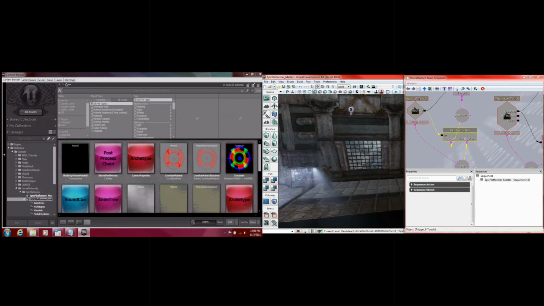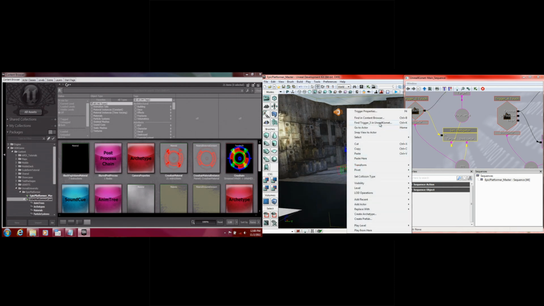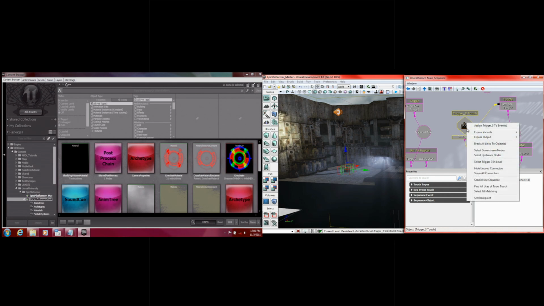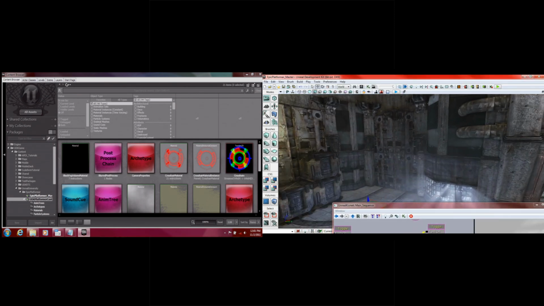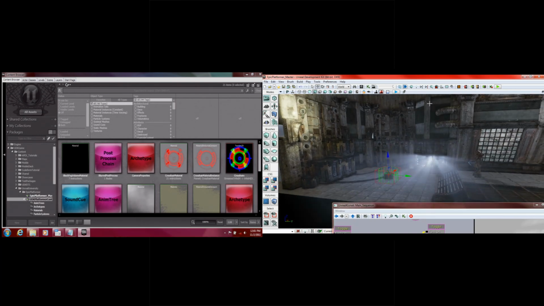So we can sort of see that in action. I'm going to step through and debug the Kismet so that you can see exactly what's happening at each step of the way. So I'm going to set a breakpoint here. This is one of the newest features in UDK, by the way, the ability to debug your Kismet sections. Now that I've set a breakpoint in that Kismet, I can see what's happening with the game. And I'll turn on Kismet debugging. So when I start the game,